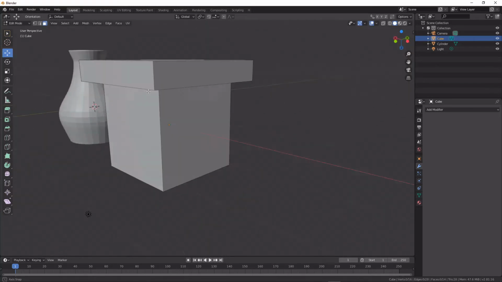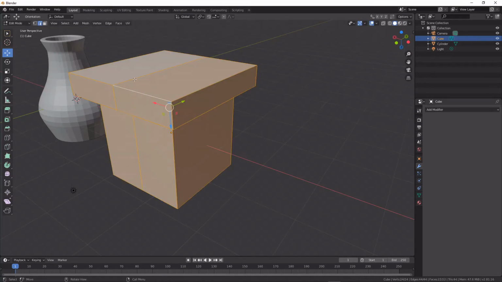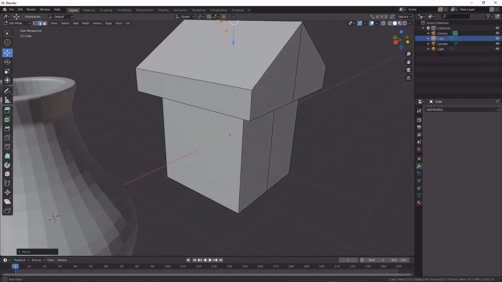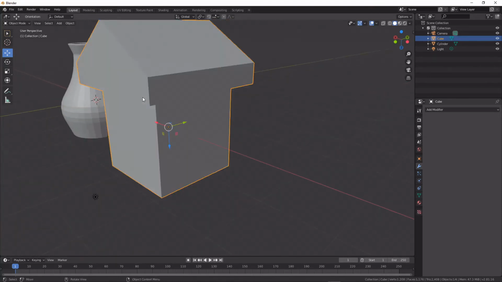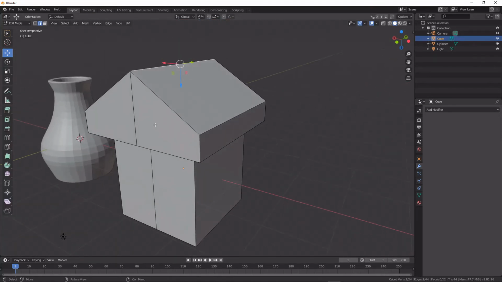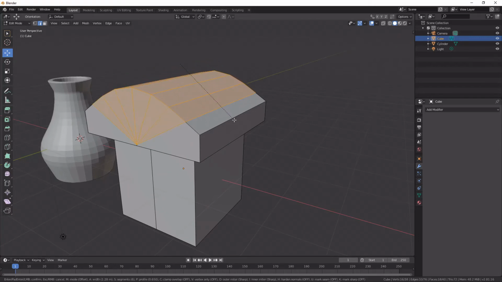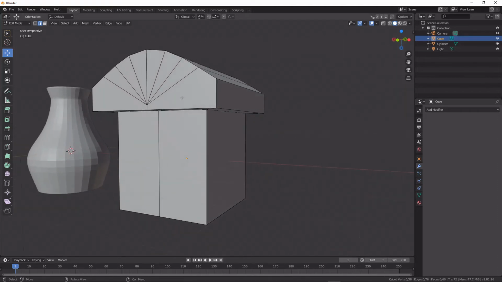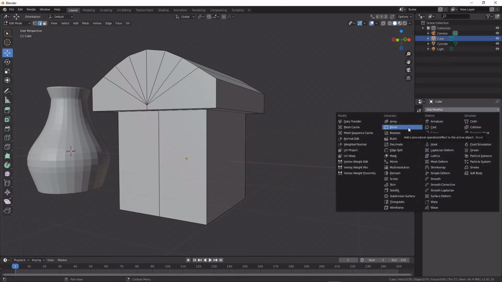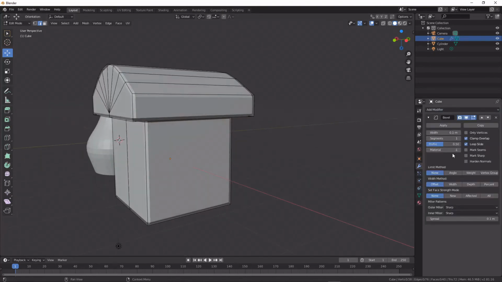So we have this, and if, for instance, we simply wanted this crude house shape to have a curved roof as opposed to a triangular one, all we have to do is bevel, and then just with adding a bevel modifier on top of that, we can